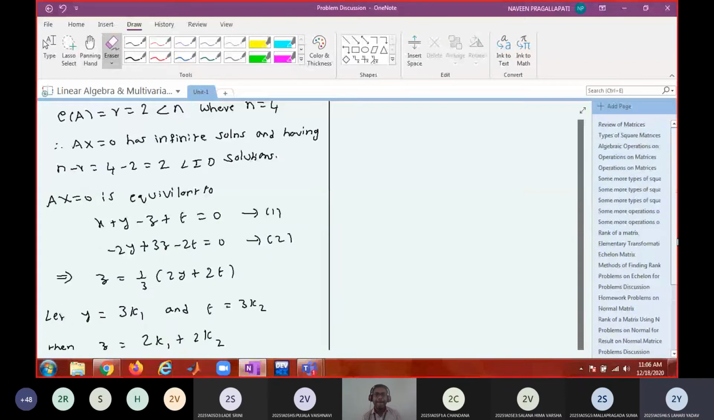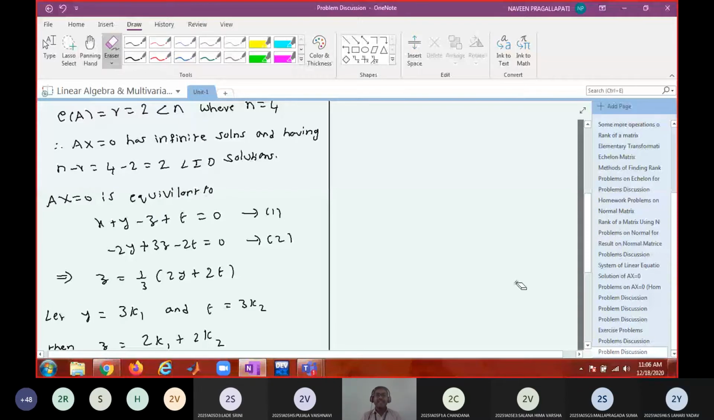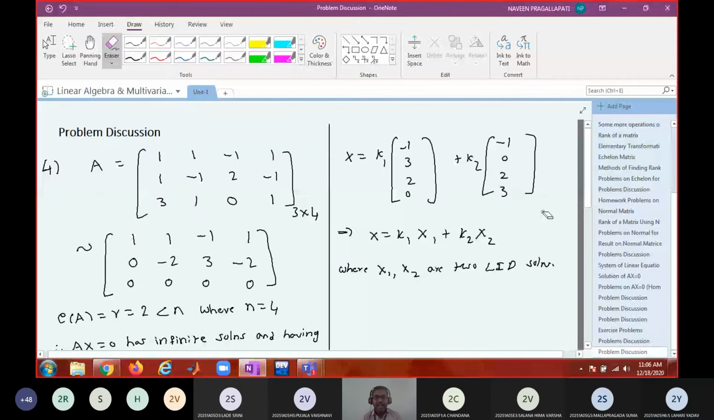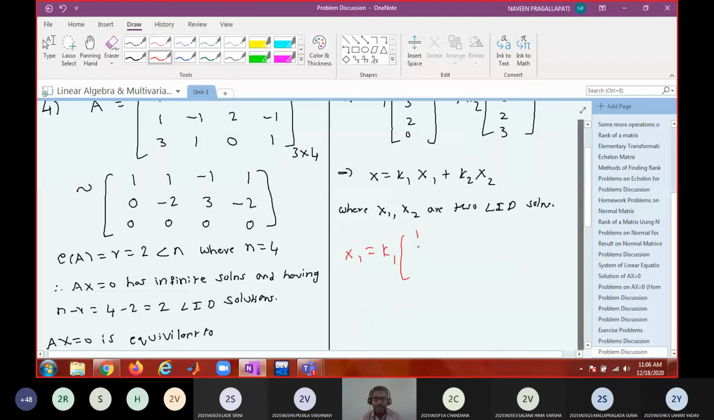Sir, but I got a completely different answer. But they are all satisfying the equation. Yeah, that is what I said. As long as you are getting a different answer, doesn't matter. That answer is going to be this answer for some values of k1 and k2. Okay, what is the answer you got? Can you tell me now? I got x equal to k1 into 1, 0, minus 2, minus 3, and k2 into